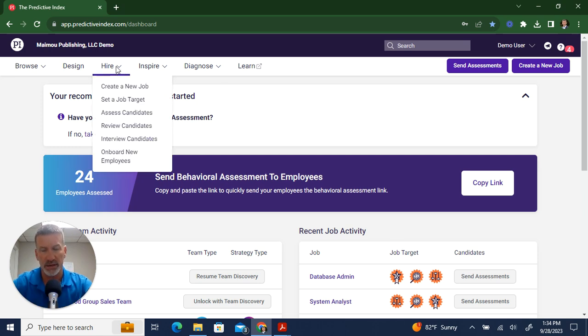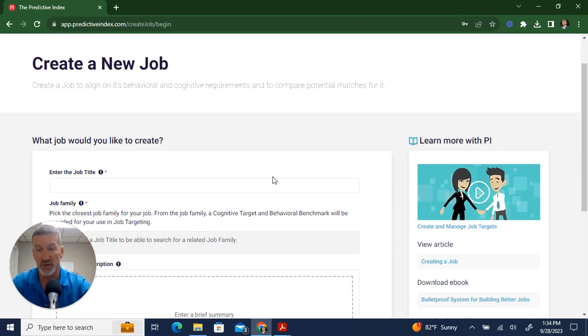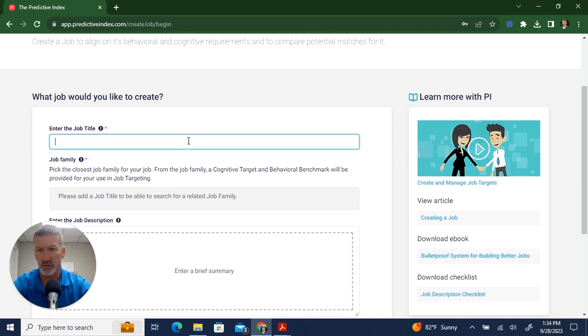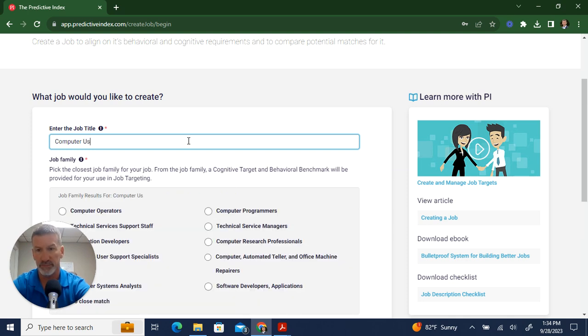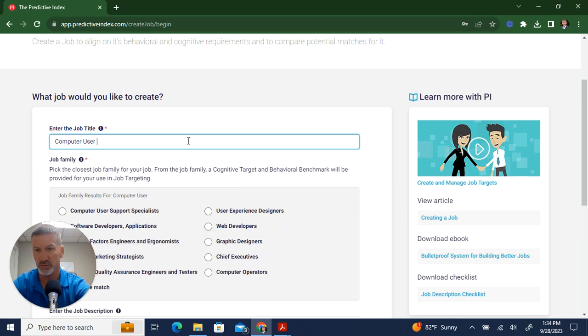So the Hire module specifically allows you to create a new job, set a job target, assess candidates, review candidates, interview candidates, and then onboard new employees. So let's get started. We're going to start with creating a new job. This screen will come up right here, and let's say that we are going to create a computer user support